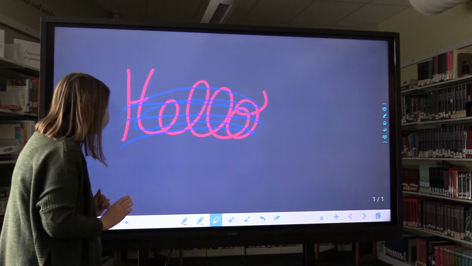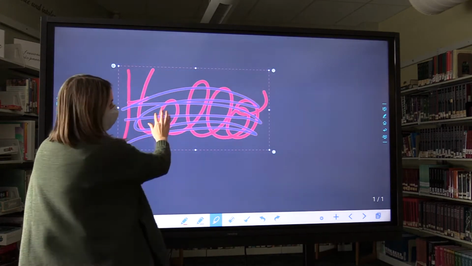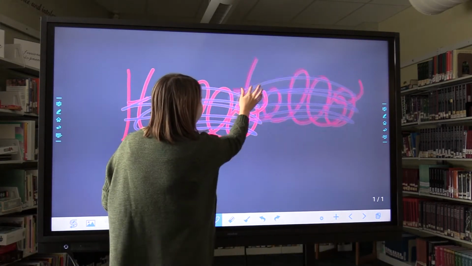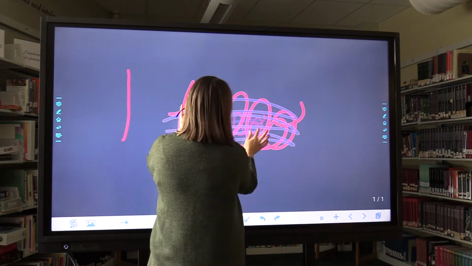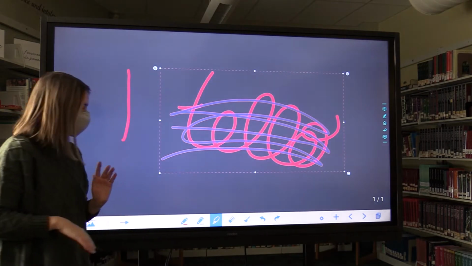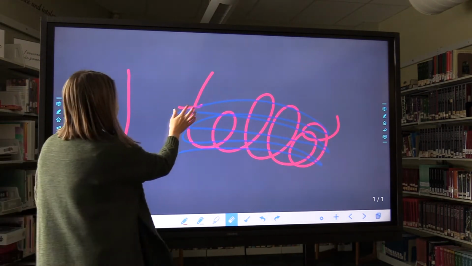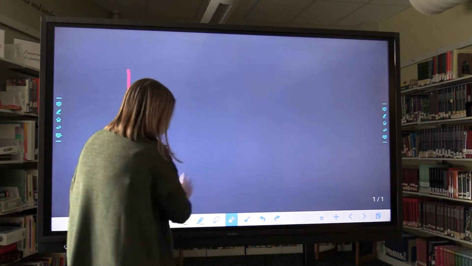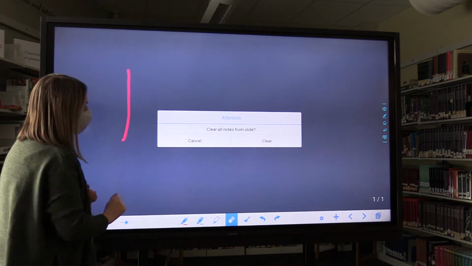That's the next one in the toolbar. And you just use your finger to highlight what you want, and you can move it anywhere you want on the screen. You can also change the sizing of it, so you can make it smaller or make it bigger. If you want to delete certain things, you use the small little eraser tool, and then you can delete a section. If you want to delete everything from the screen, then you use the little sweeper tool and you can